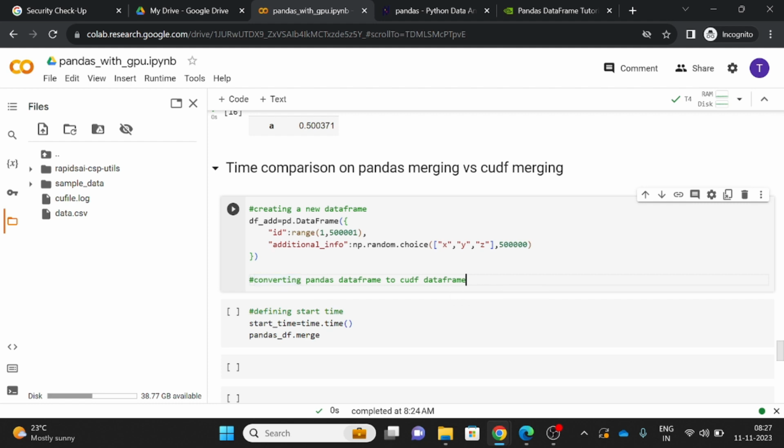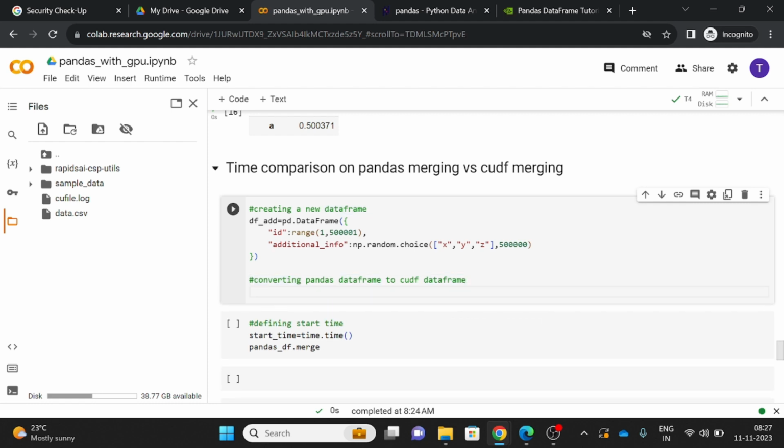How can we do that? cudf_additional, now we need to write cudf.DataFrame.from_pandas, and you need to pass df_add. So once you run this code,